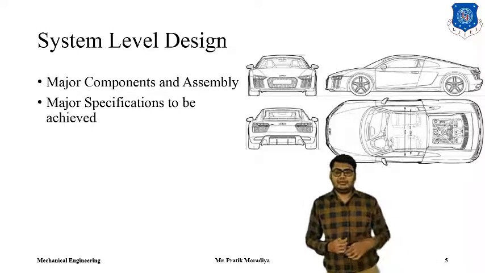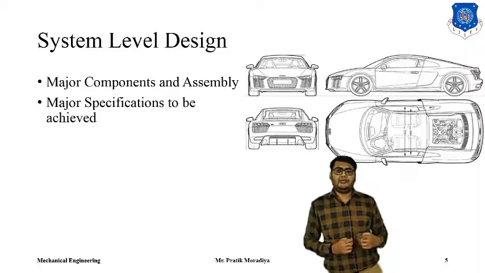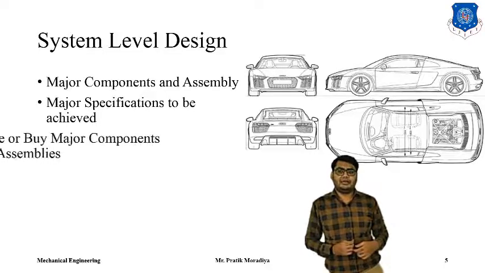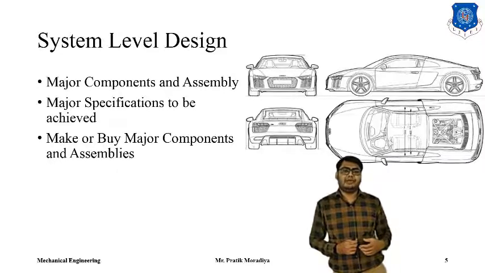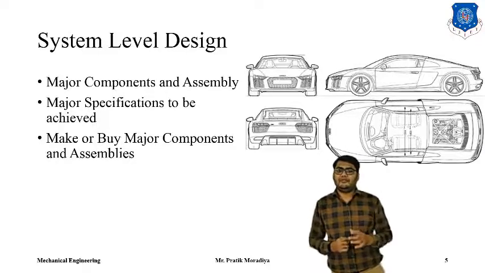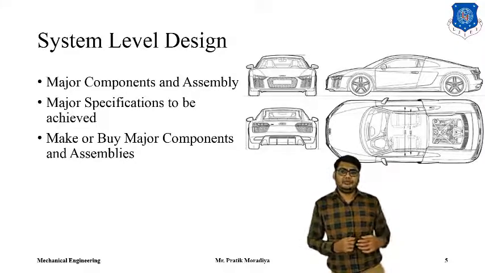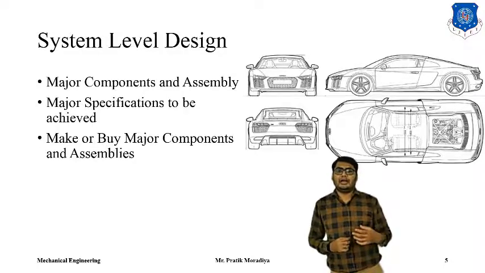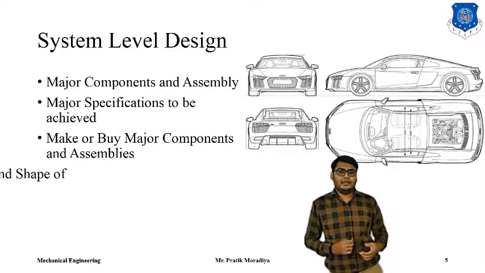After that, we are deciding major specifications that are to be met. For example, for the car, major specifications can be top speed or the maximum power. So, we are only focusing on those major specifications. Then we think about the make or buy decision of major components. For example, for a car, an engine is a major component. So, we are making a decision of either we should buy an engine or we should manufacture the engine in-house. And